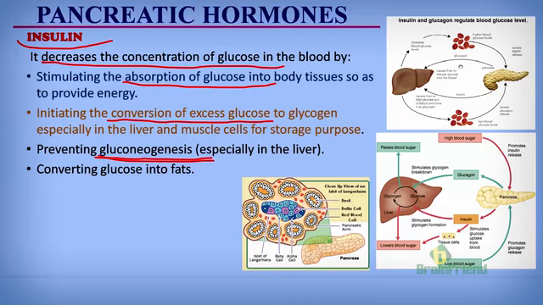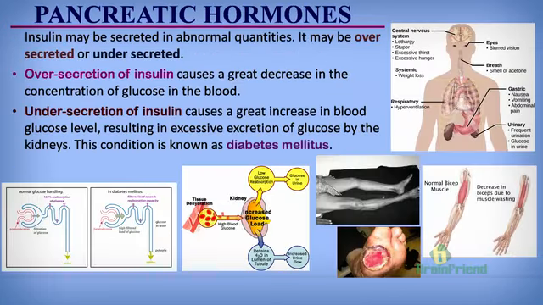One other function of insulin in reducing blood glucose level is converting glucose into fat. Let me also remind you that sometimes in the body, when the concentration of glucose is higher than it should be, some amount of this glucose is converted and stored as fatty tissues. So in a bid to reduce the concentration of glucose in the blood, insulin promotes the conversion of glucose into fatty tissues in the liver and all over the body.